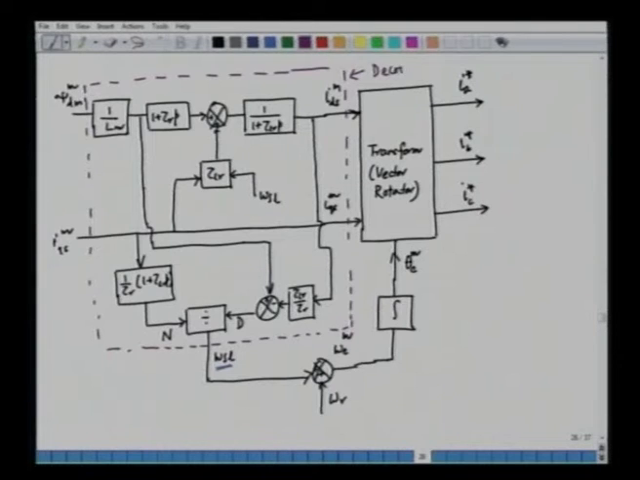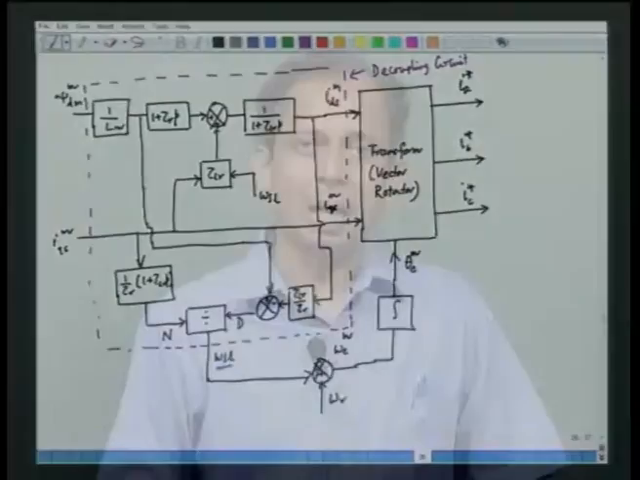So, we can say this is a decoupling circuit, because it decouples the inherent coupling present between the torque component of current and the air gap flux. If we have this signal processing outside the transformation block, we can cancel the coupling that is present in the case of air gap flux orientation, and when we change the torque component of current, the flux